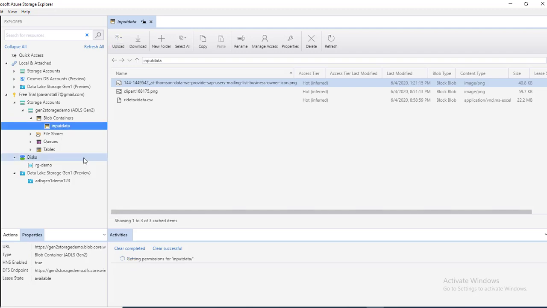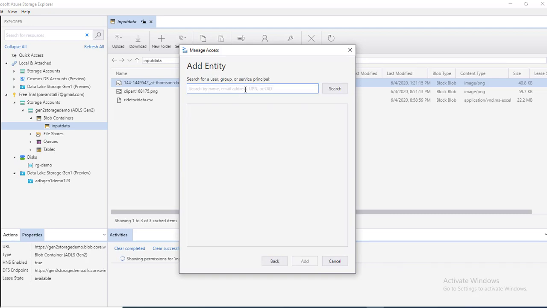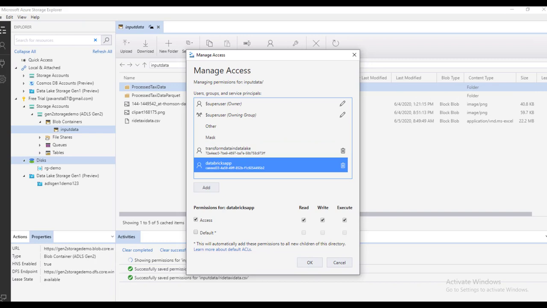Here let's search for the Databricks app. Now we give access to the service principal. The access which I will give is read, write and execute.